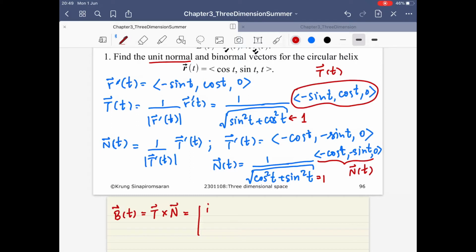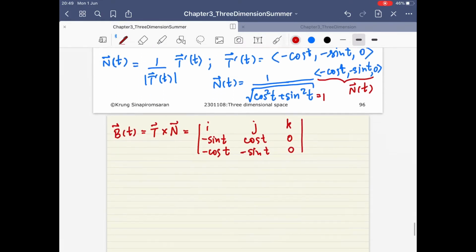So we have i, j, k, of course, but let me just write down the first term first. And for the j, you have cosine, and for the k you have 0. This one you have negative cosine, negative sine, and 0. So you do the diagonal multiply. The first one is 0, the second one is 0, but the last one you get the what? You get a sine square k, and then to do the